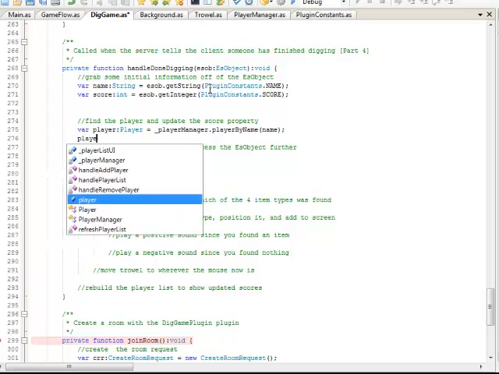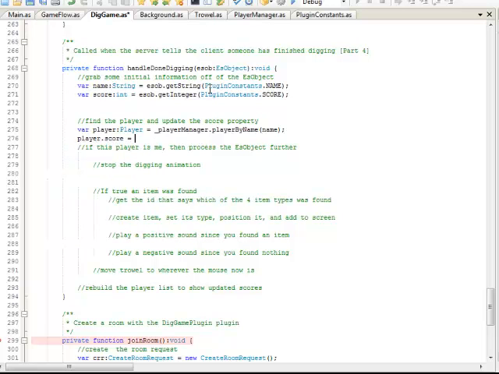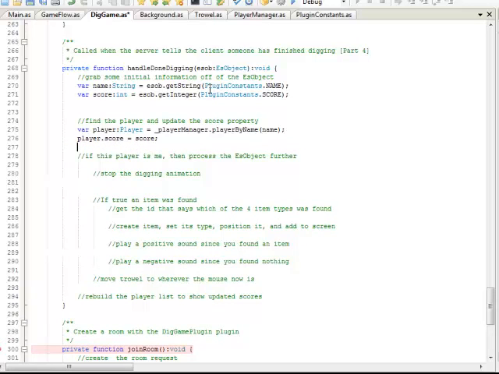And then we set the player score equals score. Now this updates the score for the players. And then we test to see if this is the current player, or this client who received this message is actually that player. So we go if player.isMe